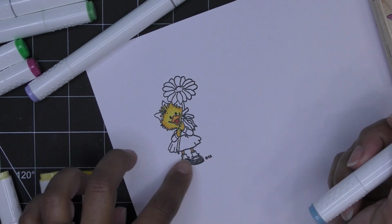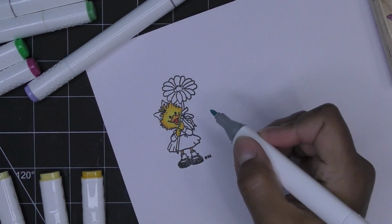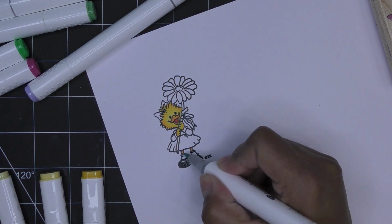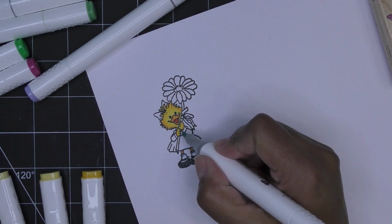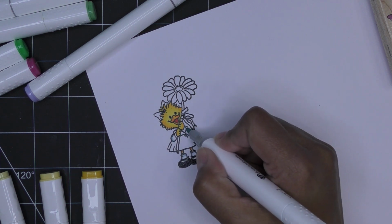Okay, and then if I leave anything white, I like to use some blue, so I'll take the bullet of this, and this one is a little bit deeper than I would like, but this is Sapphire Light, and I'll just kind of go into her little socks and add a little blueness, and then maybe in her little sleeves here, just so it doesn't look like I forgot it. It's just, you know,